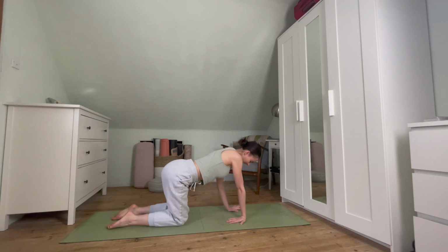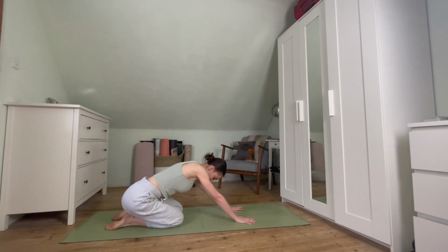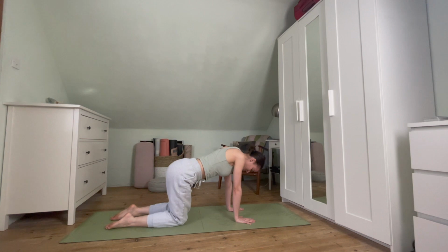When you're ready, padding those fingertips back towards the front, and then just taking some circles, so rocking the hips around to the right, they draw back almost as if we're coming into a semi-child's pose, and then we roll back round, so coming towards the front of the mat. So taking a few of these circles